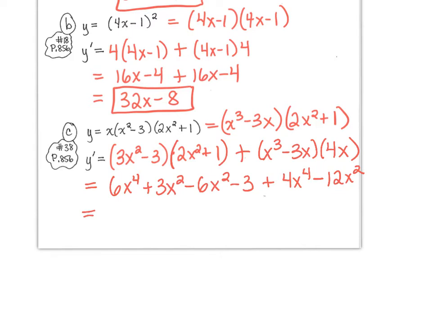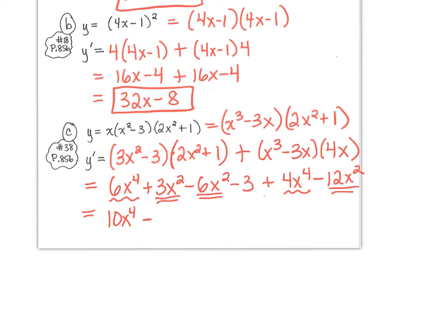Combine. You have like terms here. You also have like terms here. And then you have your constant. So tell me what we get when we combine like terms. 10x to the fourth, minus 15x squared,